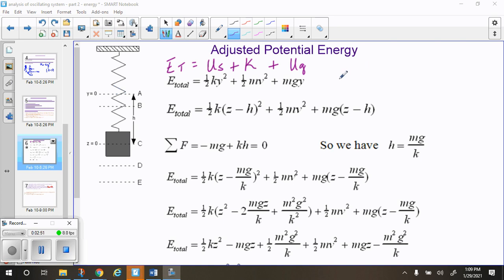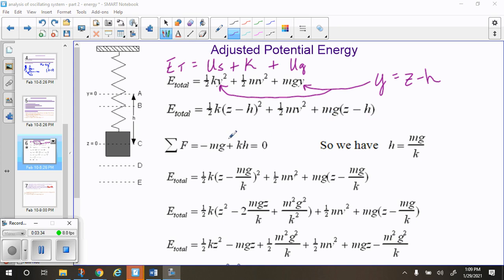Now we know here that y is equal to z minus h. If you look over here, h is the distance that the block moves, or the spring stretches, when the block is put on it. And so if we took the z position and subtracted h, we would get y. So we're going to plug that into our y value right here and our y value right here. And we get this: E total equals 1/2 k (z minus h) squared plus 1/2 mv squared plus mg (z